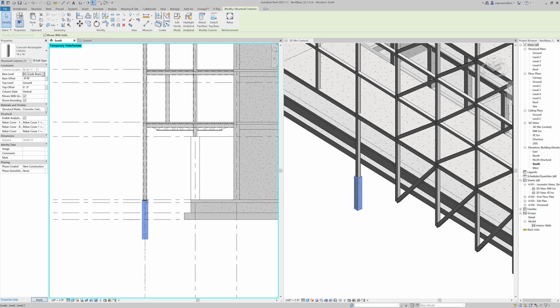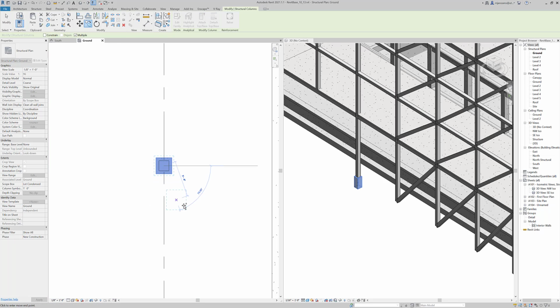Alternatively, it might be a little less confusing to name this "top of spread footing." I just sort of went backwards, so we're going to change this to 0, and we can keep the top at the ground. So that's good. That is a successful column. You can now go into the ground, and you can copy this